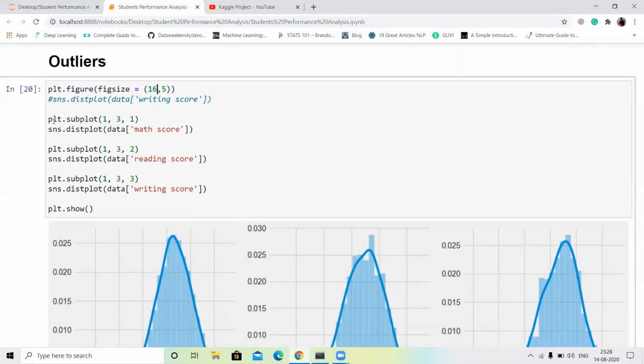Then I call plt.subplot, and in the subplot I define the first displot, then the second displot, and then the third displot. I call sns.displot for the math score, then the reading score and the writing score.